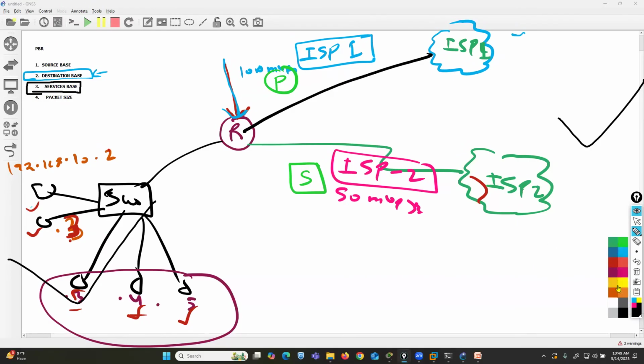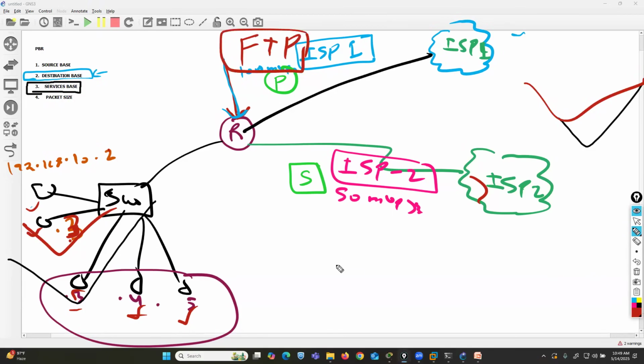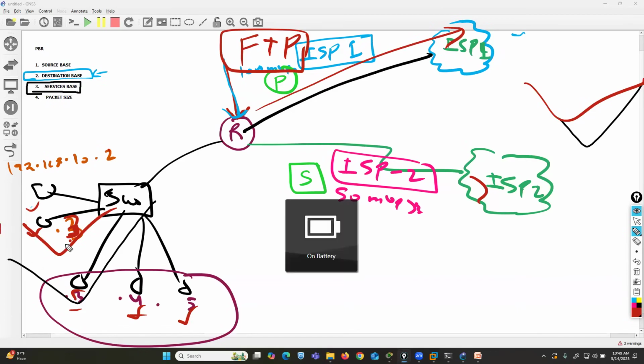For example, if any source and any destination are trying to access the FTP service, file transfer protocol, which means they are trying to upload or download a file, this traffic will go via ISP1. Or if any source tries to access any